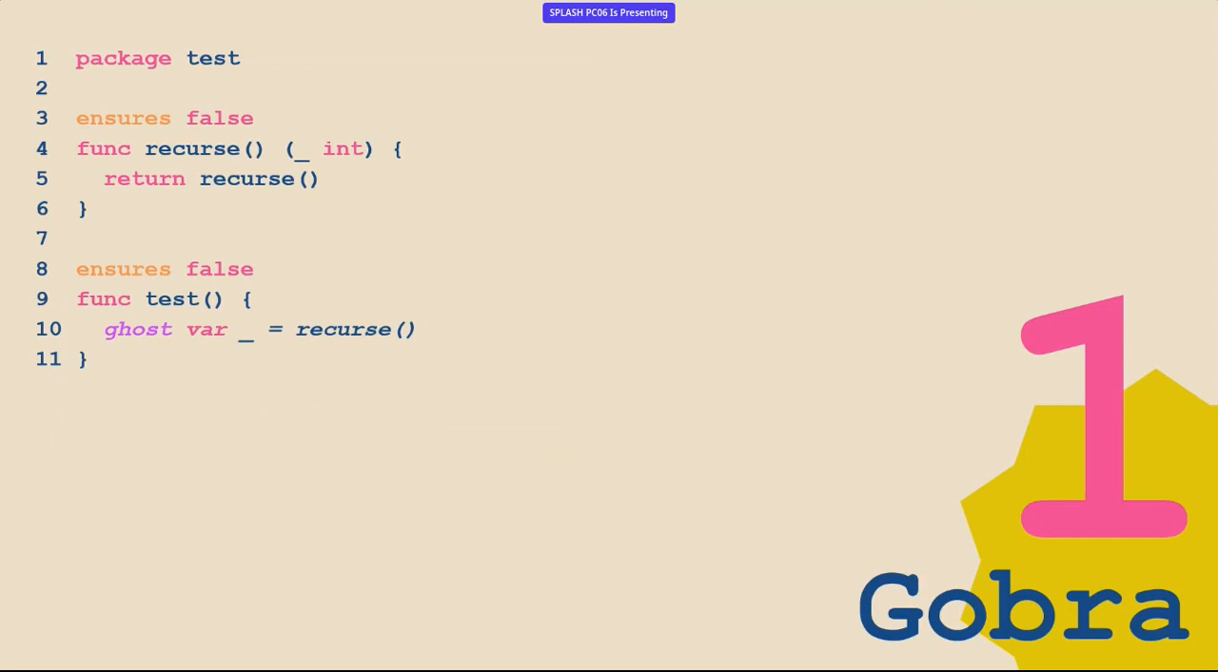Now, when verifying this, to prove the contract, we will look at the one statement that is in here, which is recurse. The verifier will see that this recurse method states ensures false in its contract. And so we can use that to then prove the false condition, that false will hold on exiting this function. Now, obviously we can see that this recurse method uses its own postcondition to prove